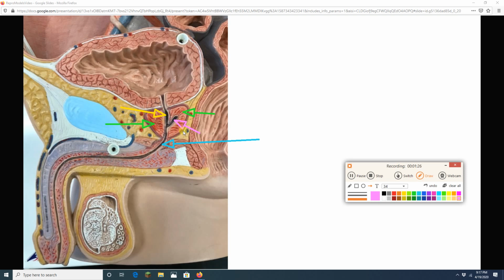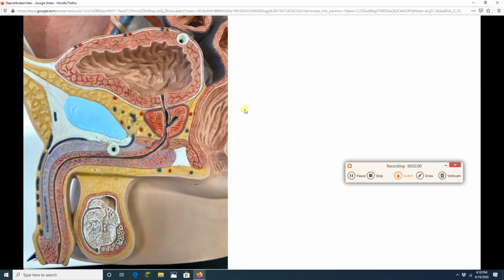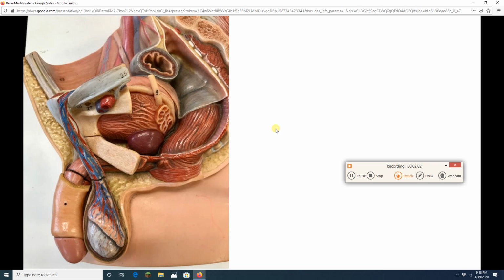Now, the rest of the things we can see on this model are basically non-reproductive. I mean, we can see the urinary bladder. Here's the detrusor muscle, which you remember, of course. We see rugae, the folds in here for expansion. We see the internal urethral orifice, which is surrounded by the internal urethral sphincter. So we see all that. All right, and with that, we're done with this model, and we can move on to a brand new one